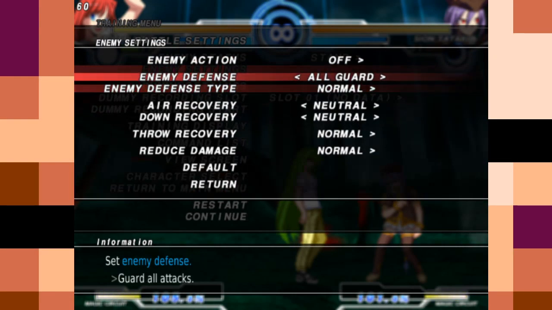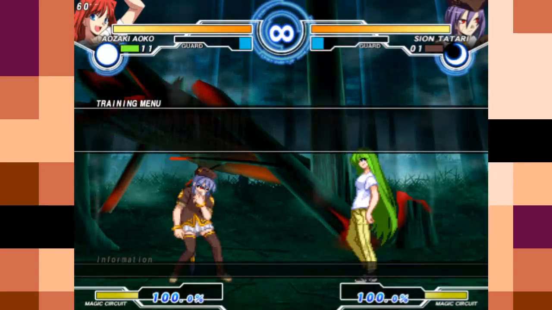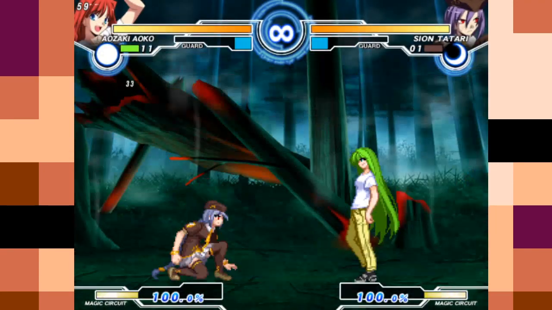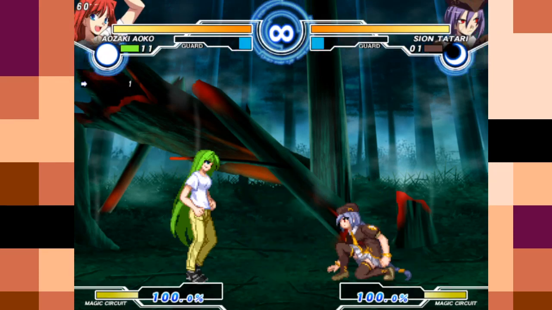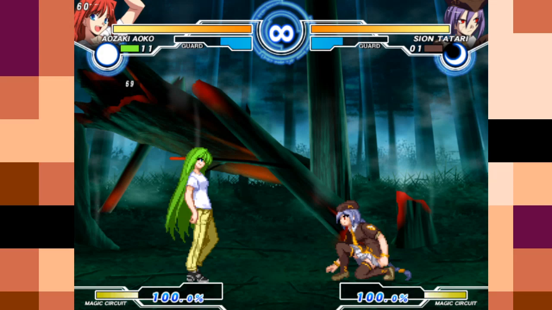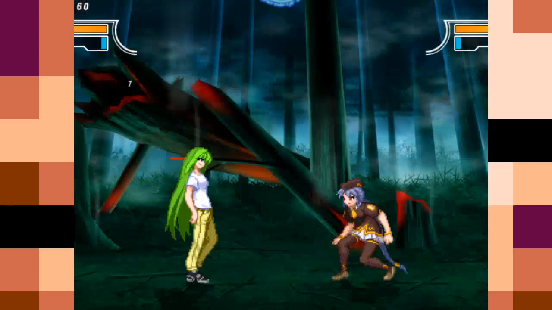frame advantage on block. So I'm putting the dummy here to recover with A normal, alright? I'm gonna be crouching, and this is the fastest 2A in the game, okay? 4 frames. So the whole point to show this is that Full Moon has to use